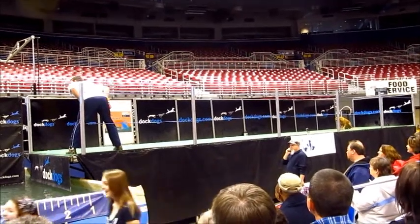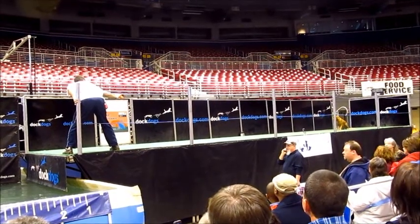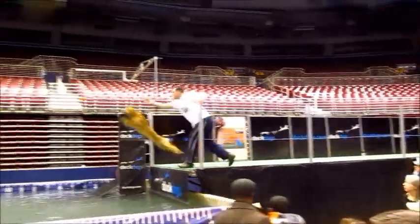And see what goes on. The DockDogs are fascinated by our sophisticated scoring system. We're going to get Ricochet, the golden retriever. Ricochet, get your tail in your...